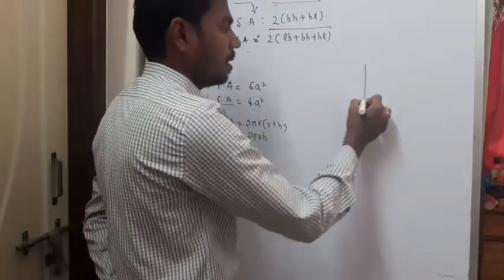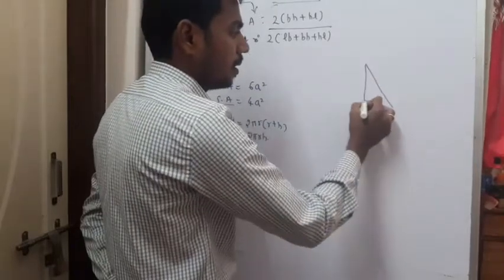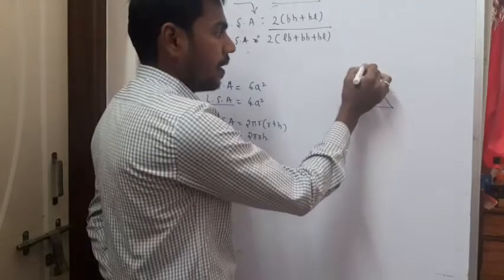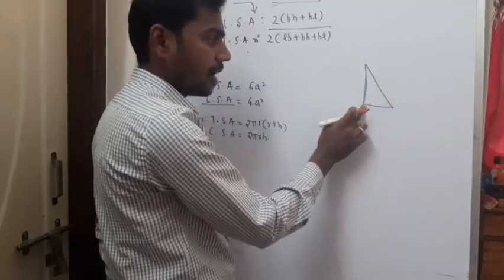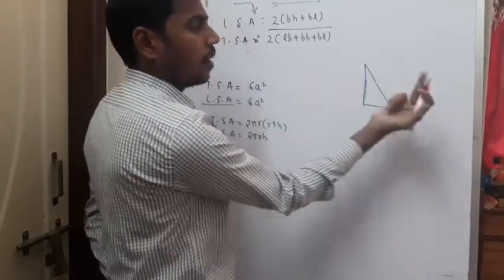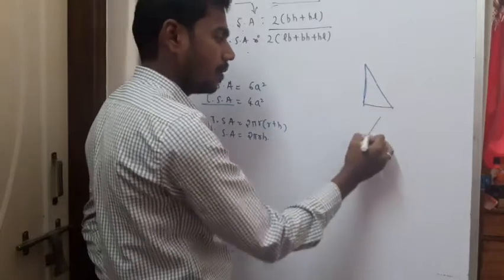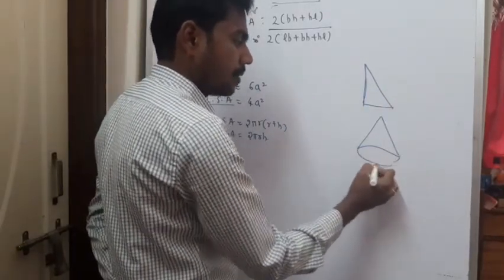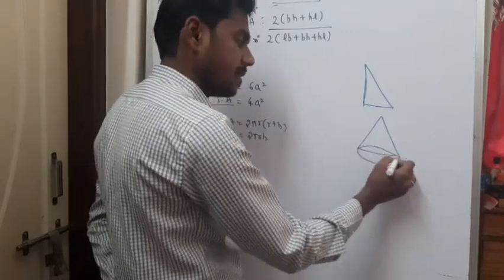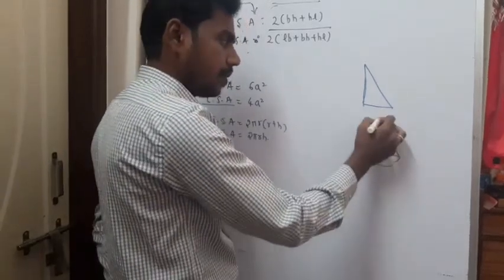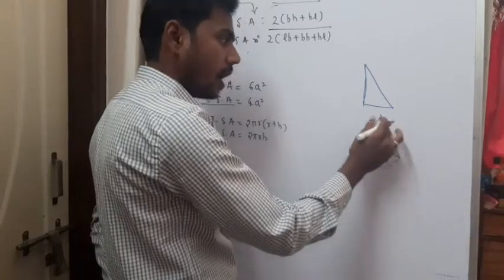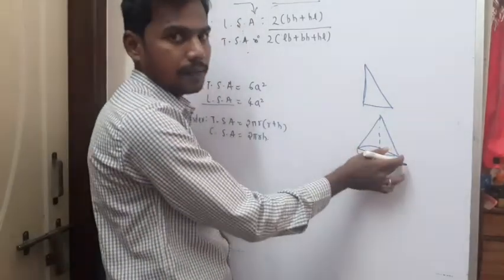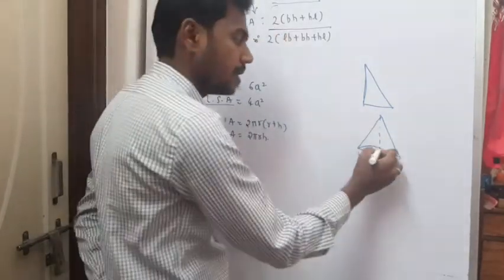If this is a triangle, and I place a string, if I fix this and rotate the string across this, what you are going to get is a figure like this. So if this vertex and the line segment joining this vertex to the base of this triangle is perpendicular, if this is 90 degrees,